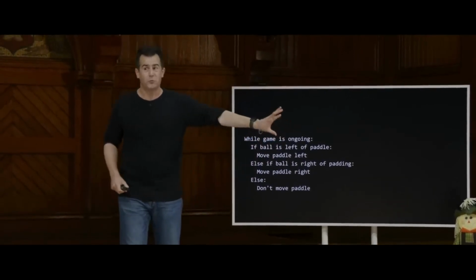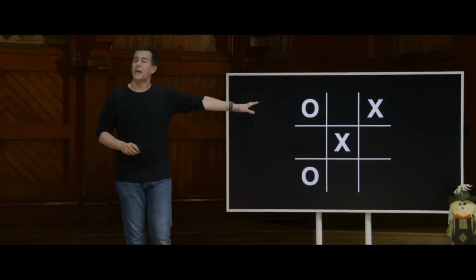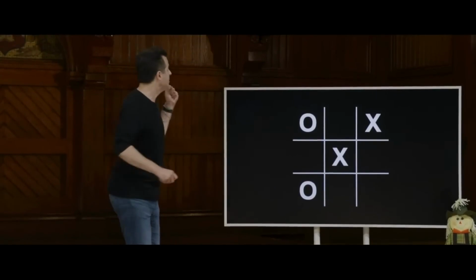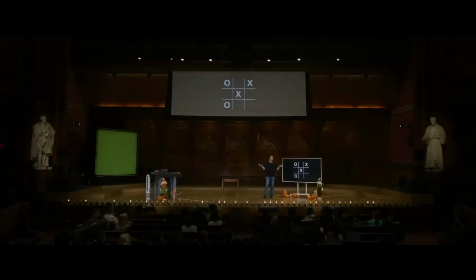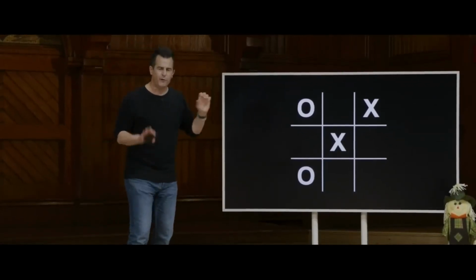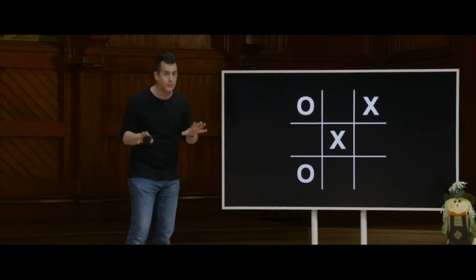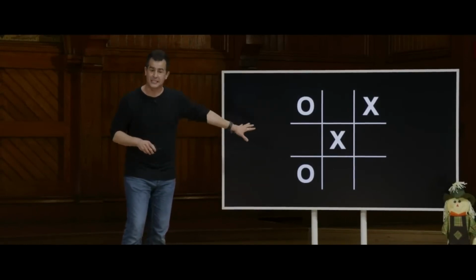And frankly, this should be the most boring game of Breakout because the paddle should just perfectly play this game, assuming there's no variables or randomness when it comes to speed or angles or the like, which real-world games certainly try to introduce. But let's consider another game from yesteryear that you might play with your kids today or you did yourself growing up. Here's tic-tac-toe. And for those unfamiliar, the goal is to get 3 O's in a row or 3 X's in a row, vertically, horizontally, or diagonally. So suppose it's now X's turn. If you've played tic-tac-toe, most of you probably just have an immediate instinct as to where X should probably go so that it doesn't lose instantaneously.